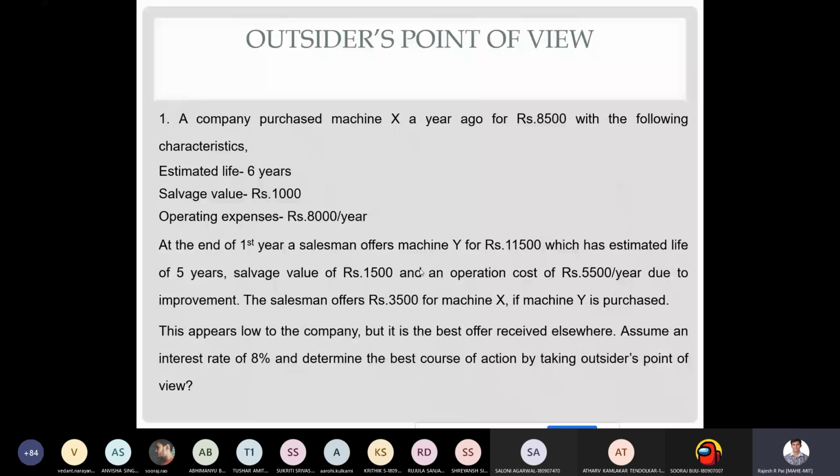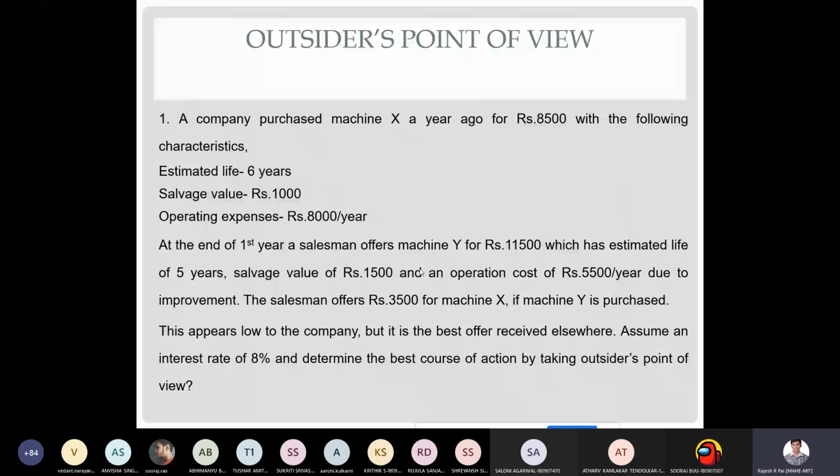Okay, so here in this question, you have a machine X which was purchased last year. At the time of purchase, it had a service life of 6 years, a salvage value of 1,000 at the end of the 6th year, and an annual operating cost of 8,000 rupees. After 1 year, in the current year, a salesman is offering machine Y